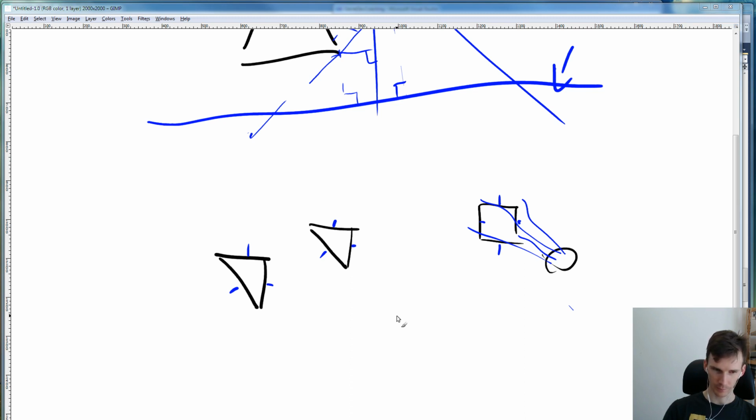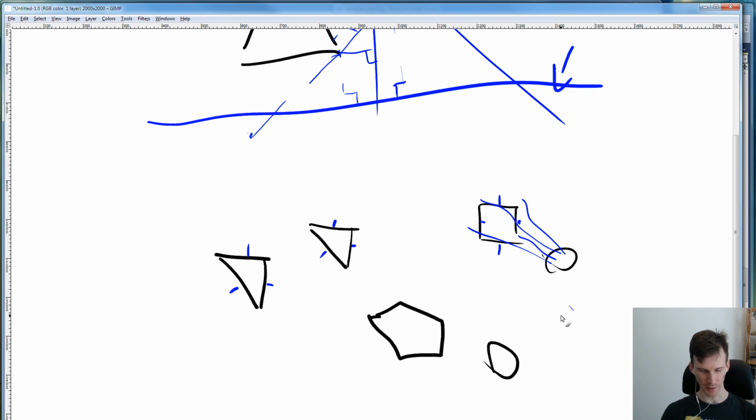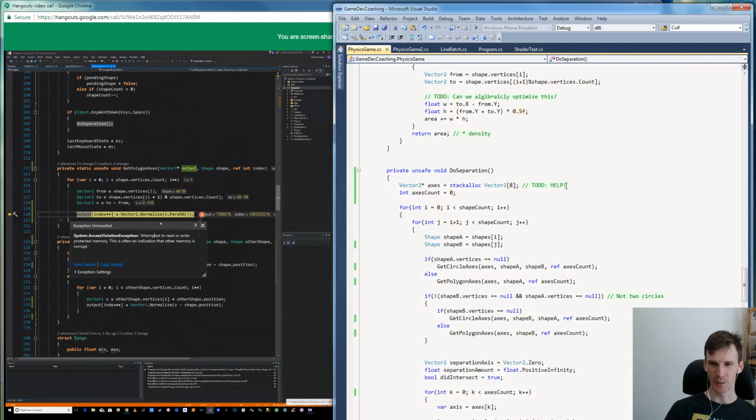So yeah, it has to be kind of like worst case scenario of however many versus however many. So exactly, polygon versus polygon. So you can imagine if we have a shape like that, roughly, and a circle, suddenly we've got 10 axes and so on. So in theory, it's not unreasonable to do that, for example,